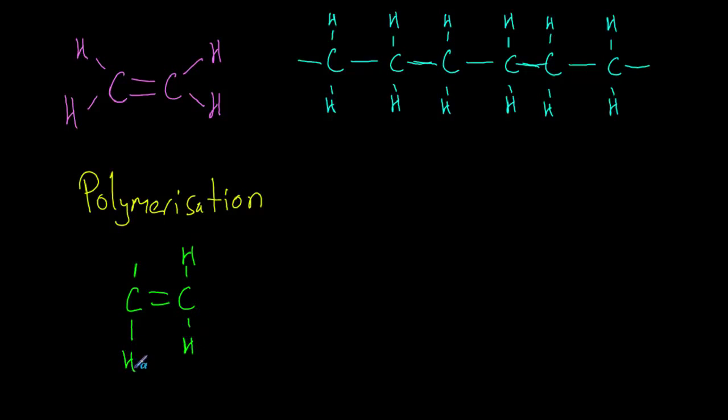Drawing it like this makes it easier to see where we are going to open up this double bond, eventually here and eventually here. But we say this n times, okay? So n lots of this. Remember, n can be whatever we want. n is the number of these that we're going to add together. In this case, I said it was going to be 1,000. And so that is going to give us